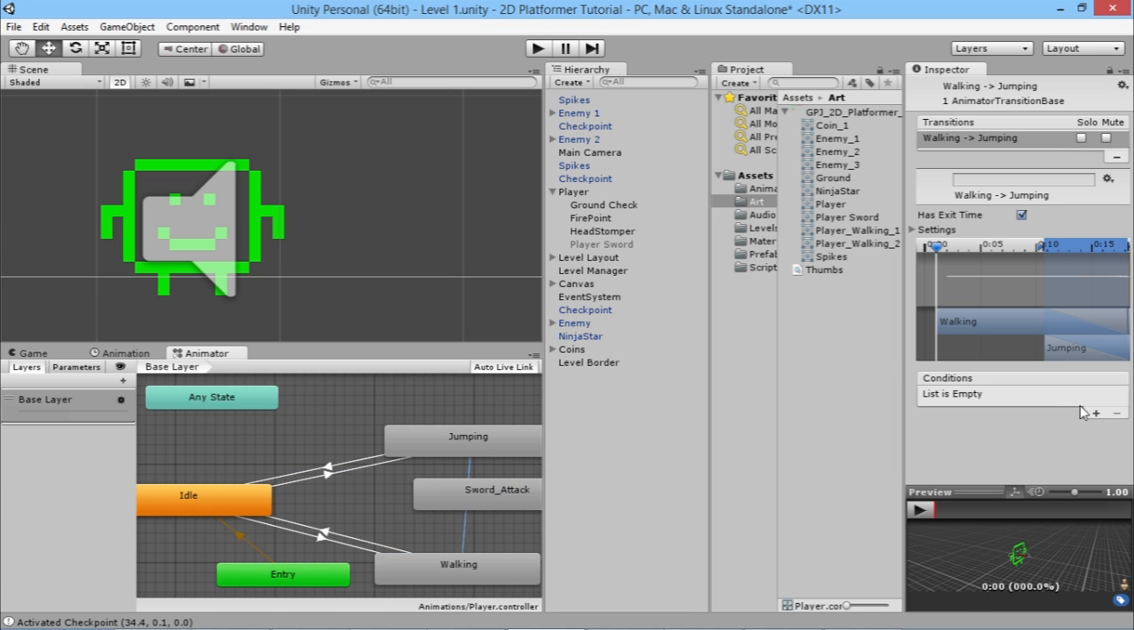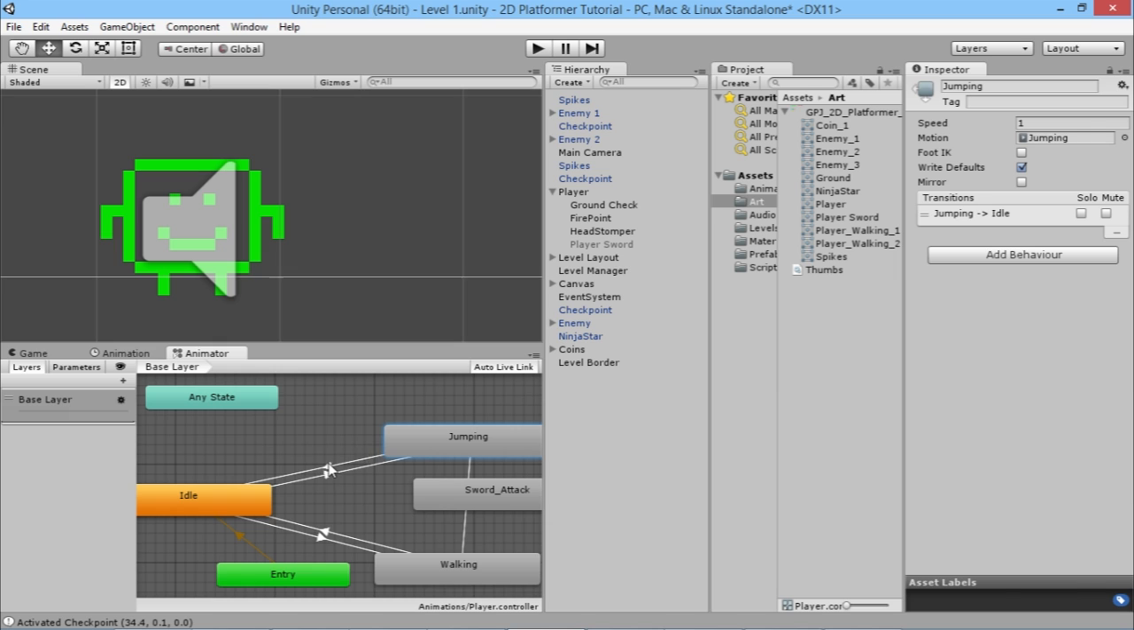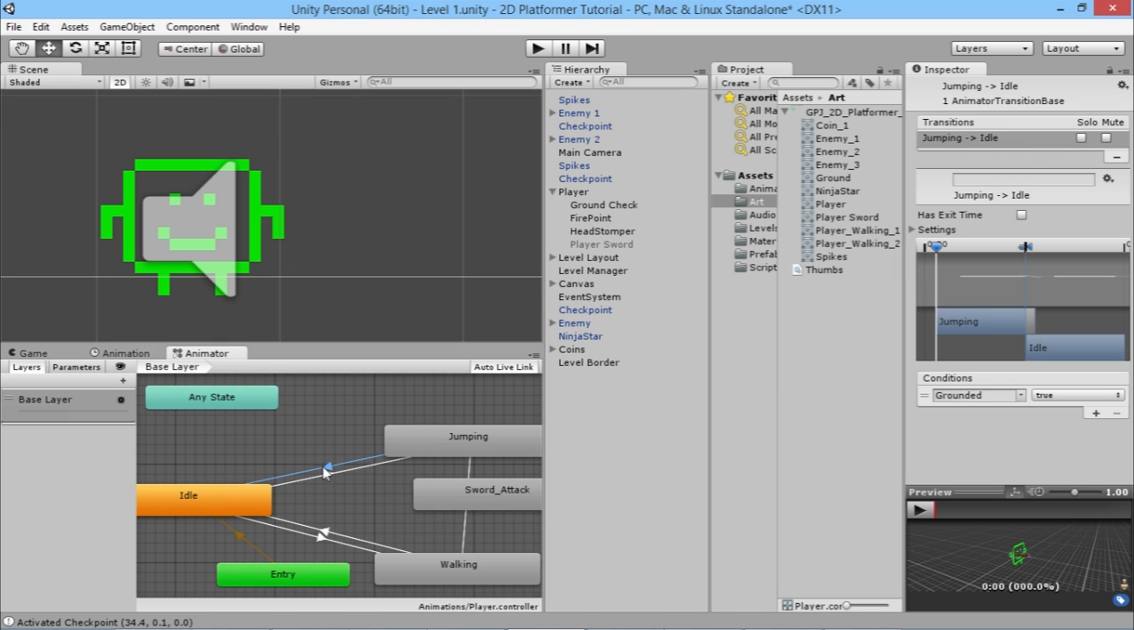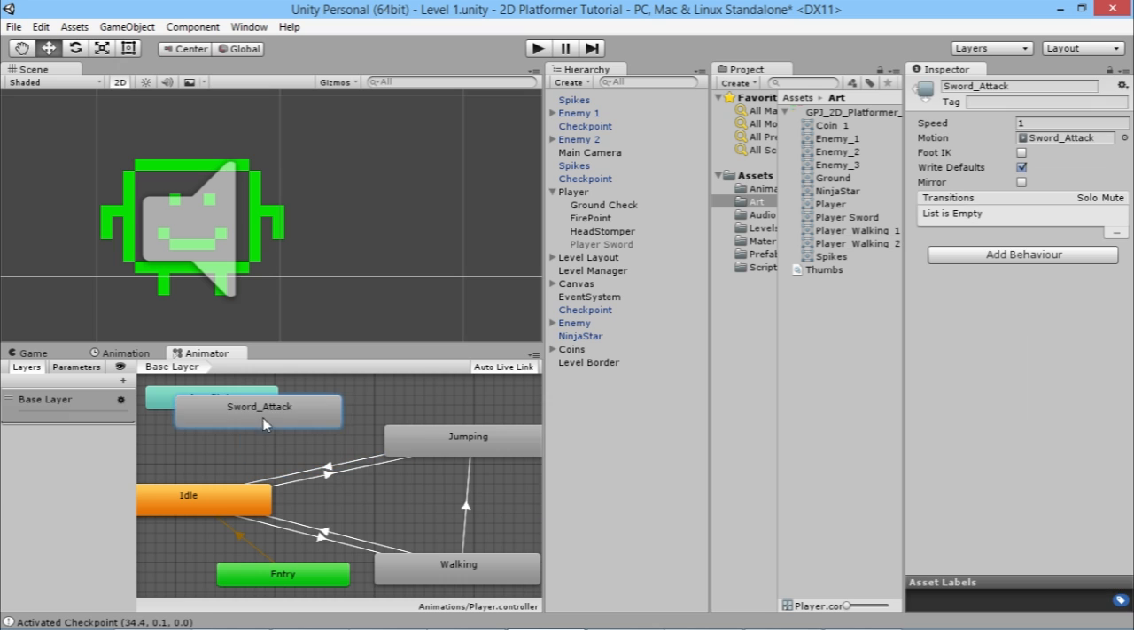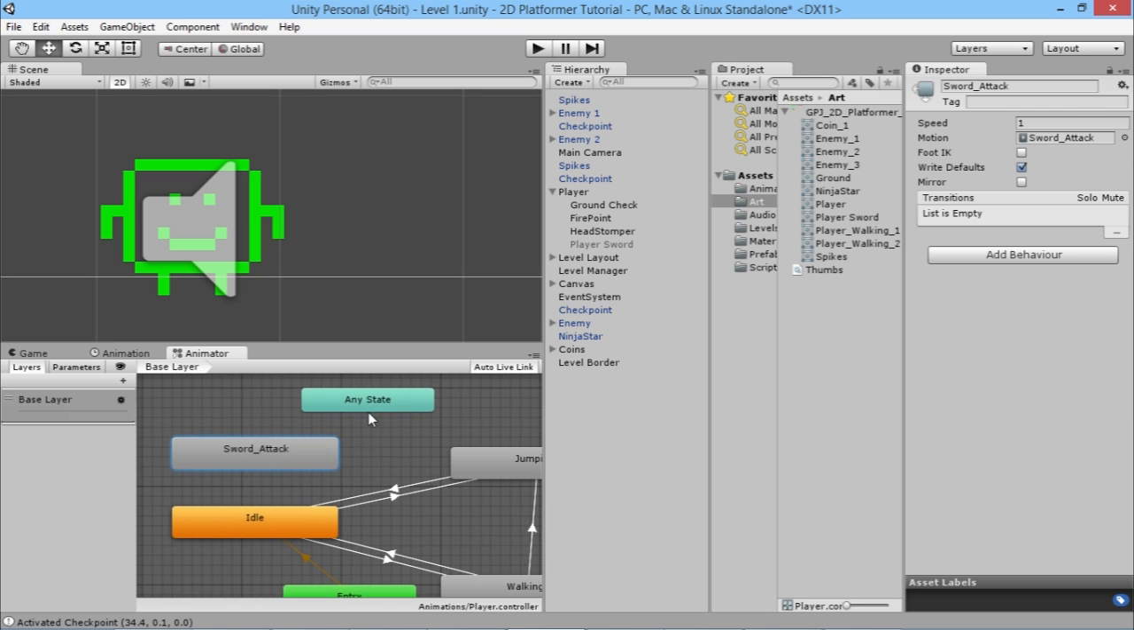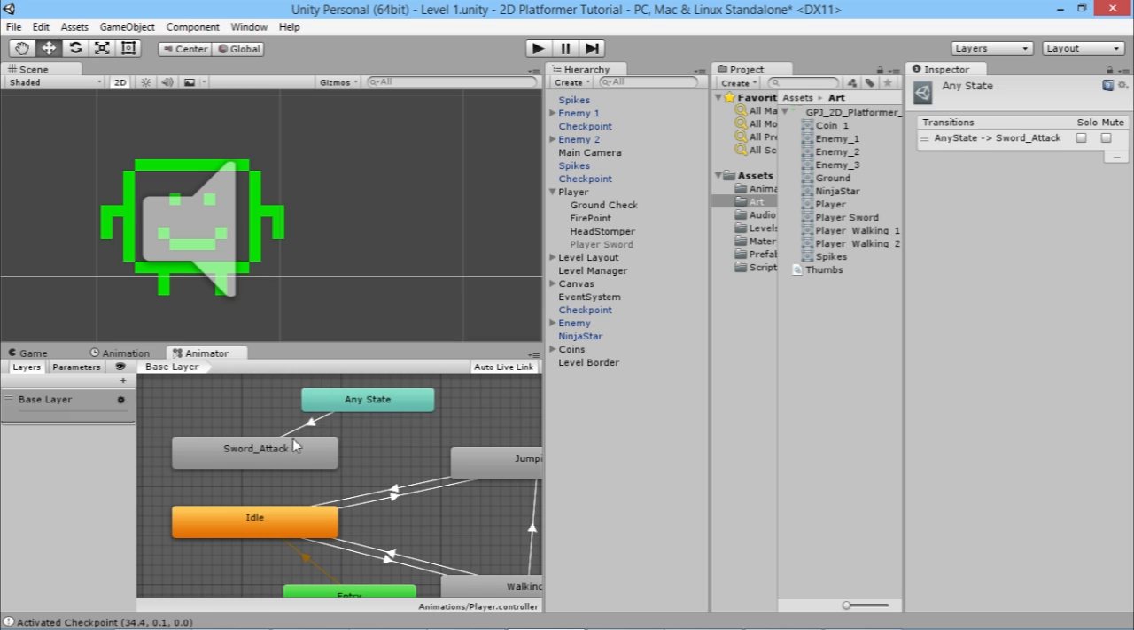So we'll make that here. So again, if grounded is false, then jumping. And basically, if we're jumping and then grounded is true again, then it'll go back to idle and it'll go back to walking if you're going fast enough. So then we have our sword attack, and we want to go to our sword attack from any state. So what we're going to do is make a transition,